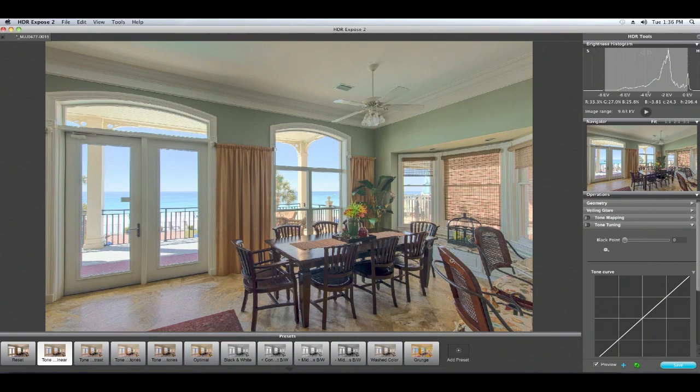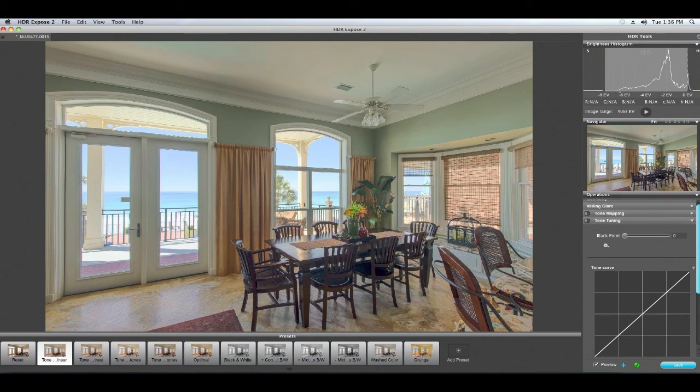Now, I know with this image I can see how dark it is in here right now, so I'm going to make an adjustment and it's going to affect that there. But on some images, changing the black point adds back a nice amount of contrast just to the blacks. In this particular instance, I think I'm going to just leave it at 0 because I'd rather hit a contrast on there within Photoshop. You also have the tone curve, which you can adjust to affect, obviously, very similar to